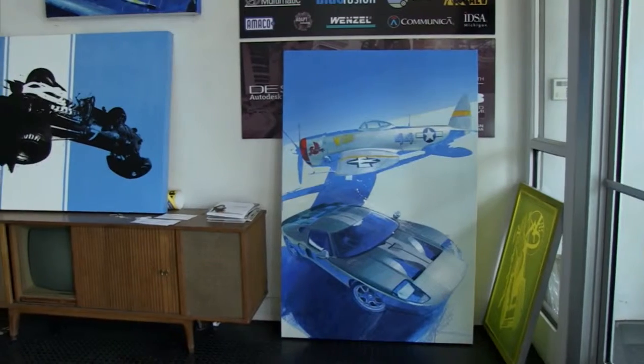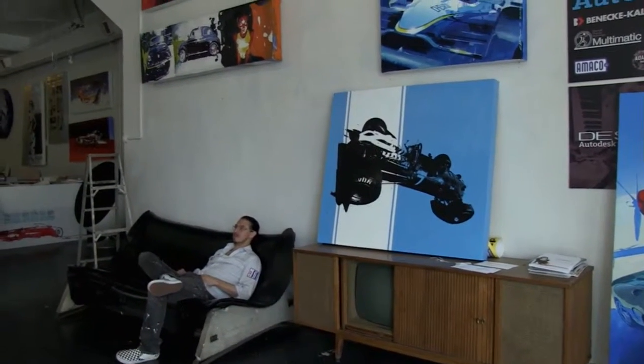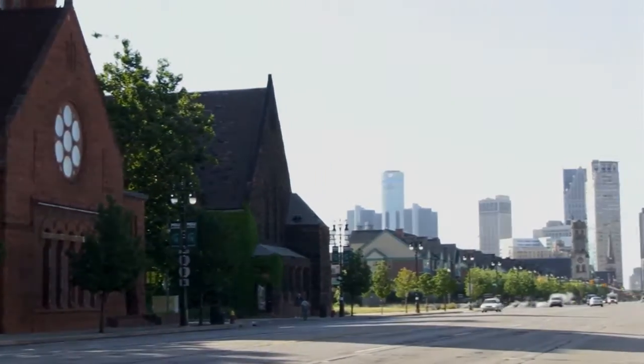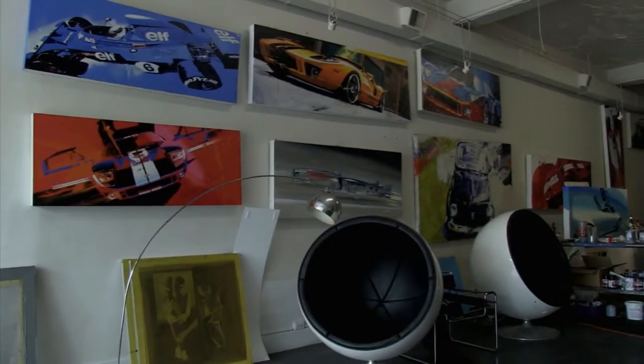What I'm doing now is working as Art and Development. That's the corporation that I created in 2003 when I purchased this building. Art and Development includes design, automotive design, fashion design, and a lot of the painting that you see going on here. This building is located in the heart of downtown. It is just 3 lights north of the Fox Theater, Comerica Park. It's called Midtown, and I've seen this area grow quite a lot since I was in college, which was in the 80s. But it's inspiring to be here and watch the city grow, and even when it was rough and challenging, we kind of packaged that into a way of art